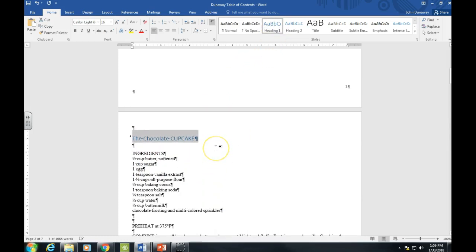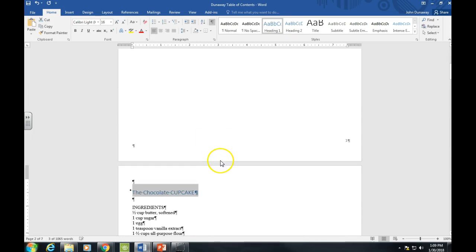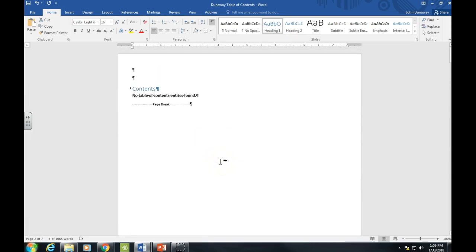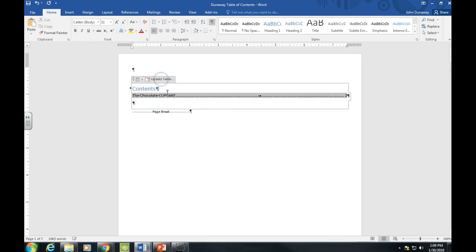Okay, and what that will do now is that will now communicate with our table of contents. So if I go back up here to where it says contents and click on update table, all of a sudden you'll see the first recipe. I'm going to get rid of the paragraph thing so it'll look a little more clear to you. It says the chocolate cupcake, and that is page number 2. And we can get in here and we can rename that table